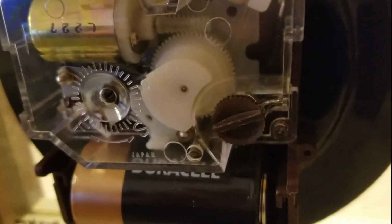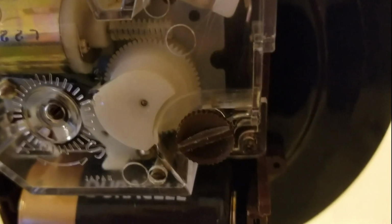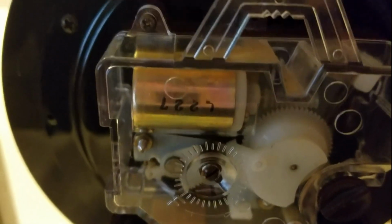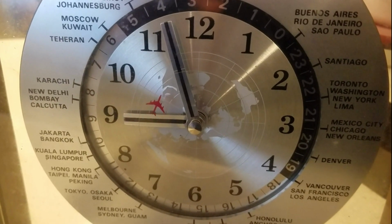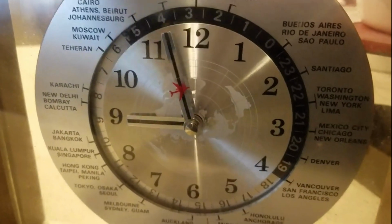Step at a time. It also was running very fast yesterday. I've got it about as slow as it can go, and it's actually running just a touch slow, I think. Still sounds okay. Still running. Still sounds pretty good. It was running a little slow, so I slightly sped up the rate. Adjusted that, and now we're going to gently tighten the screw